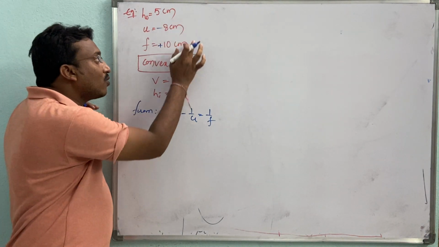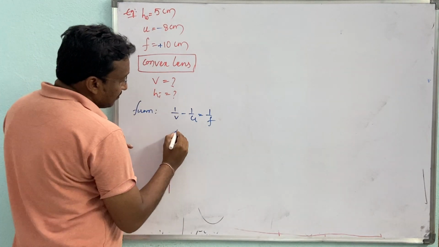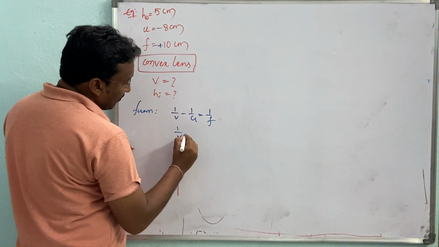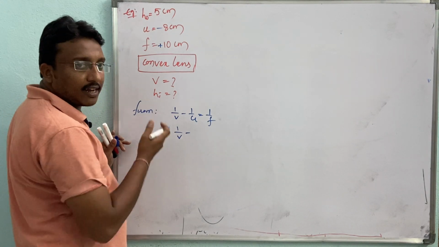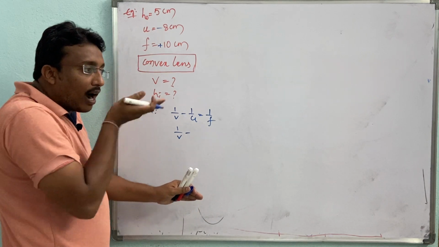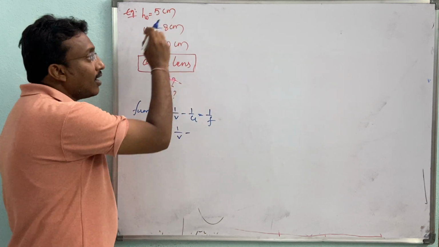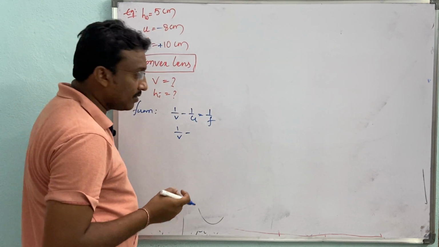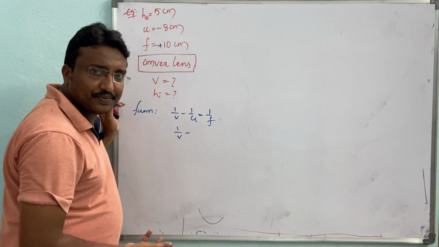Okay, for known quantities, values only, we have to take the sign convention. Got it? Then 1 by v. I don't know the v, so we should not take the sign convention for v. Right? After computing, finally in the answer, whatever sign we get, that is the sign we have to use. Then that value can say whether we did it correctly or not.